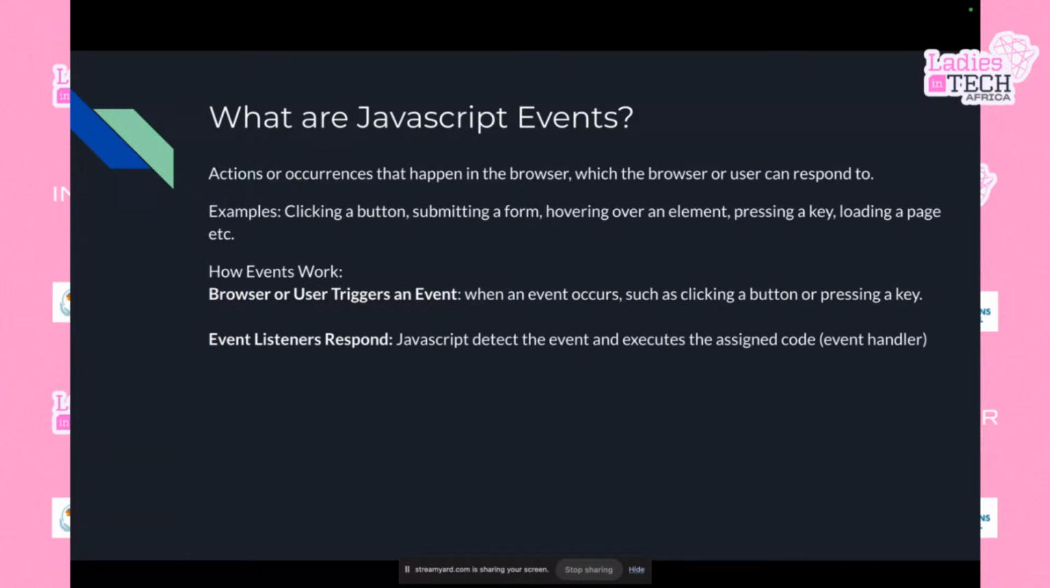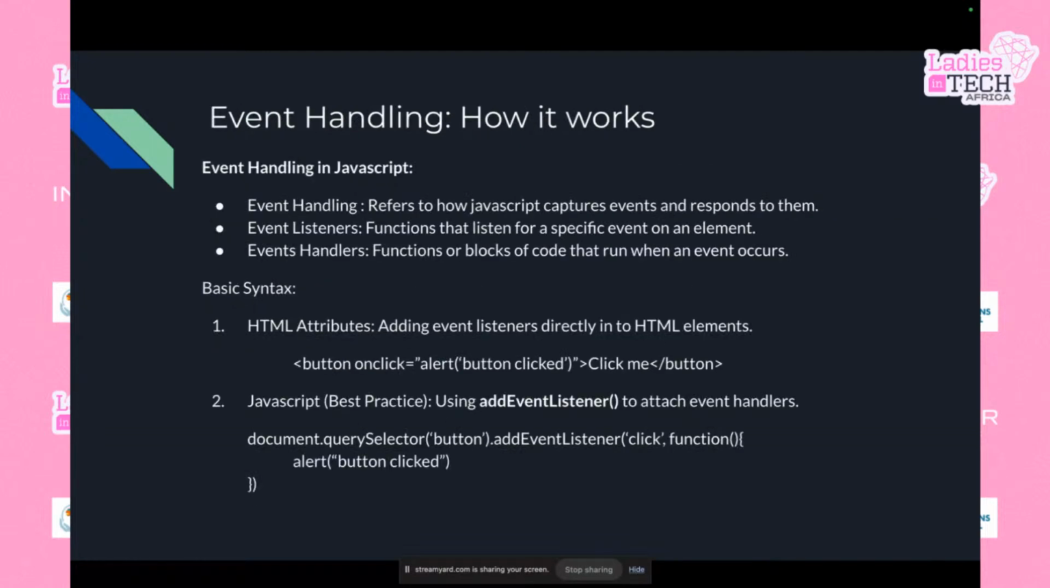This is what actually lets the JavaScript code execute. It's called event handlers, but in the JavaScript code, it's called event listeners. All right. So now, how does event handling work? Like I explained the other time,